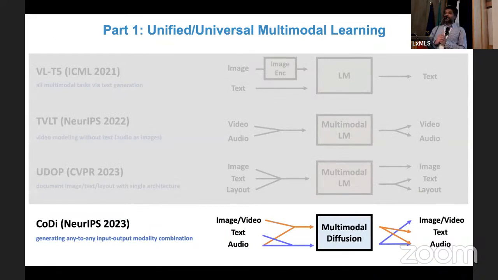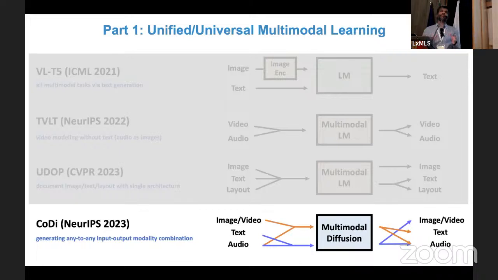Okay, so that's the third part of unification, right? So I went all the way from unifying the outputs to the inputs to the layouts, right? Because I don't want to use models where I have to keep telling it that, no, now you don't expect one image, you need to expect two images. And then it tells me, wait, I don't know how to do that. So this is not just two images, but any amounts of images or text or signatures or serial numbers or logos, in any layout possible.